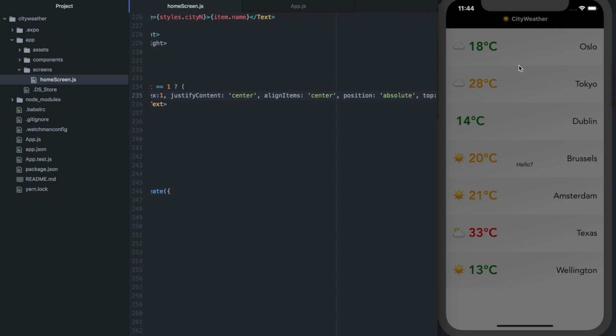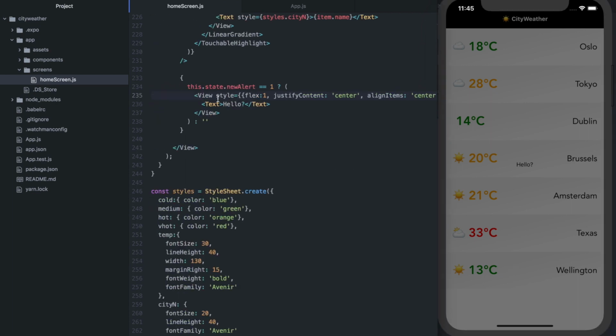So now you can see we have the attributes are doing exactly what we would expect. So we have the overlay that's taken up the entire screen. We have this light grey background and the item saying hello. So if we actually try and tap on any of the items now, you can see that there's no interaction because this component is taking up the whole of the screen. Now this isn't actually what we want, but if you think about the effect this will cause,